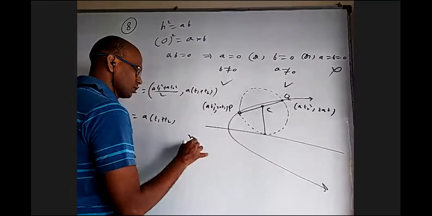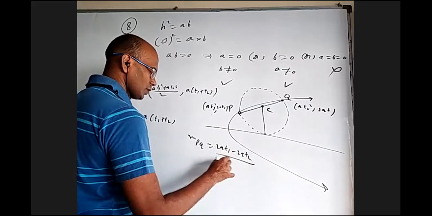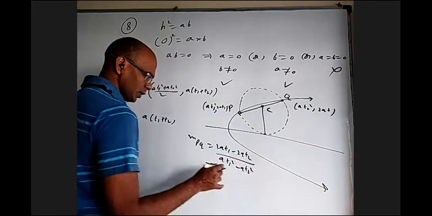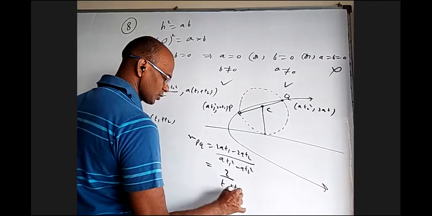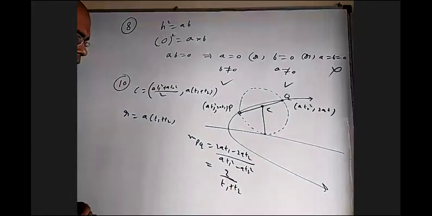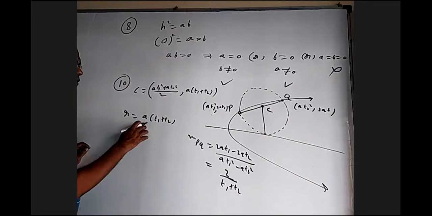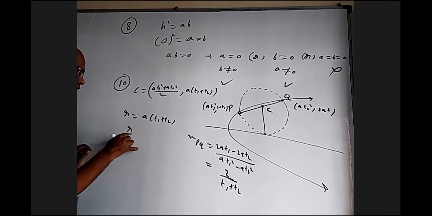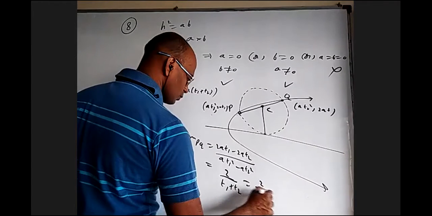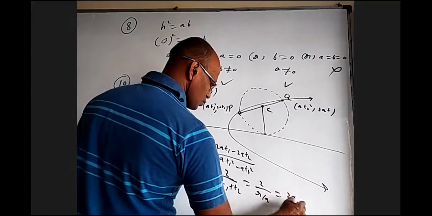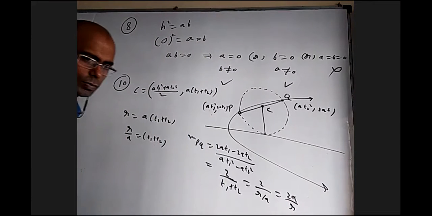Why? What is the slope of PQ? (2at1 − 2at2)/(at1² − at2²). If you take 2a common and factorize, finally you will get 2/(t1 + t2). a(t1 + t2) is r, so this also in terms of t1 + t2 you can replace. So r/a is equal to t1 + t2. And I substitute that here: 2/(r/a), which is 2a/r. If at all a is 1, it will be 2/r. If a is not 1, it will be 2a/r.